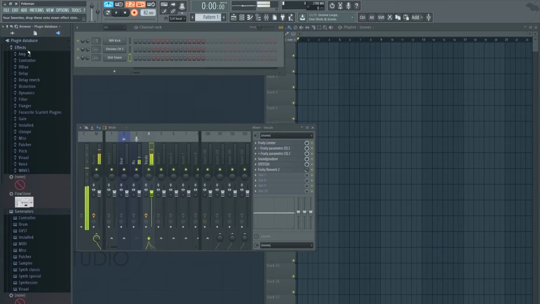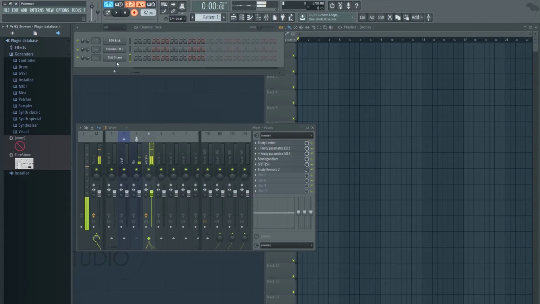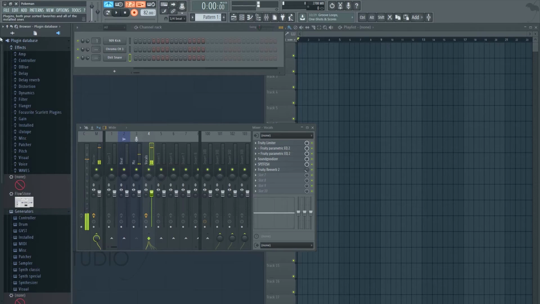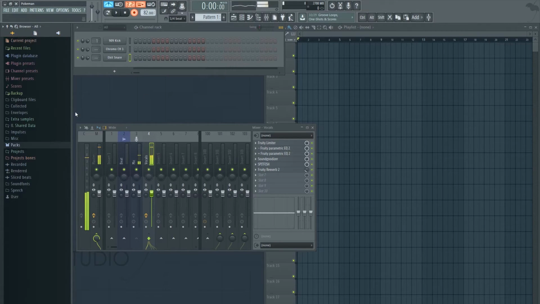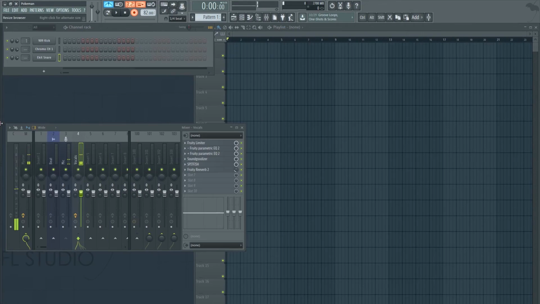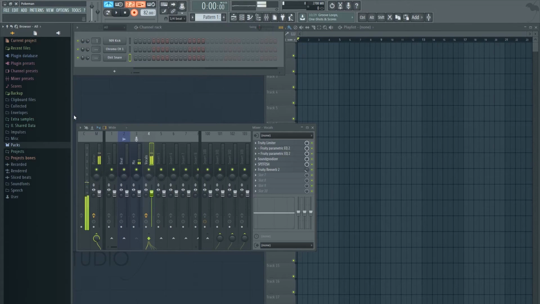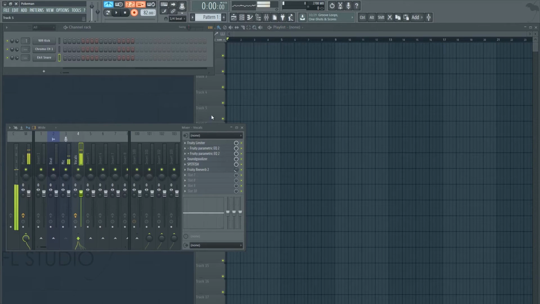This is also where you could go for generators, which is basically sounds that you could play in the pattern list. I'll go over that just now. And that's basically it for the browser. I'm going to right click and hide it. Bam. Okay, move. Right click and hide it. Bam. There you go. And since I was talking about the generator, let's go ahead and go into the